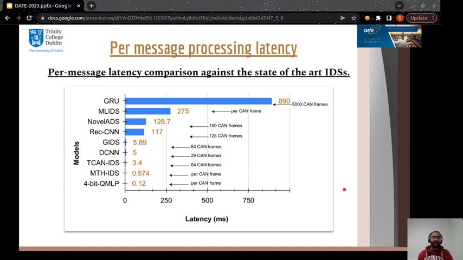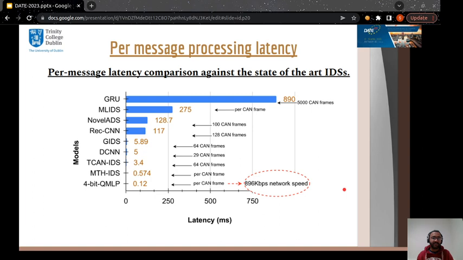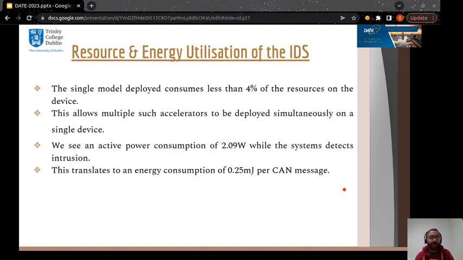In terms of message processing latency, to process one single CAN message, we report a latency of 0.12 milliseconds, which is 4.7 times lower than the state-of-the-art intrusion detection system. This translates to a network bandwidth speed of 896 kilobits per second. We find that for the entire intrusion detection system scanning for denial of service and fuzzing attacks, a single instance of